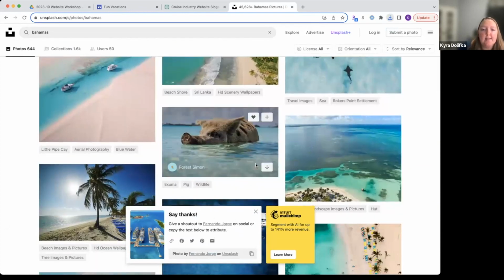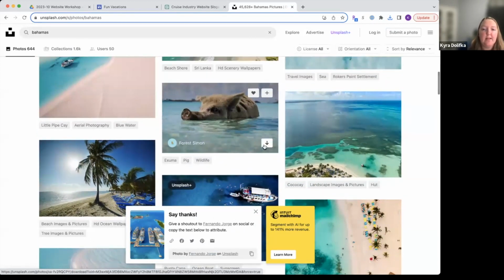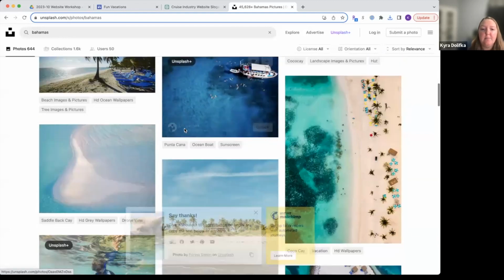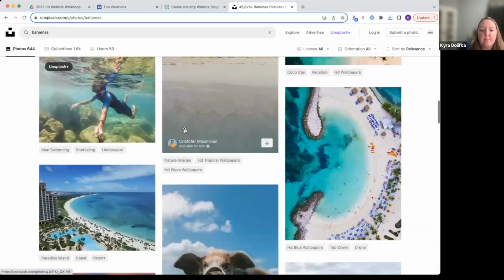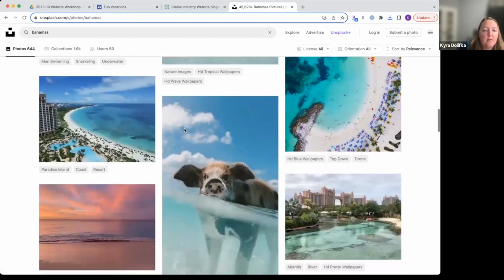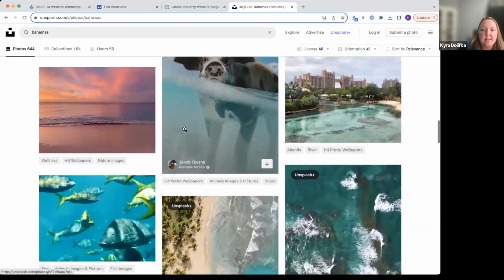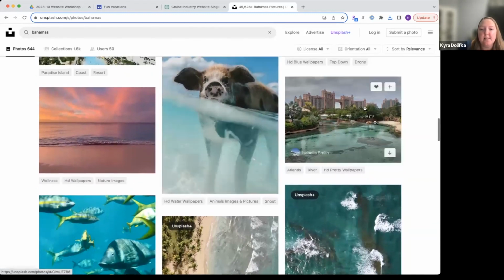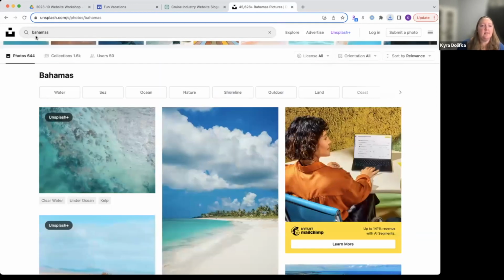Oh, the pigs. You guys know about the pigs in the Bahamas? That might actually be really good, but it's rectangular. Okay, there's another pig picture. Oh, I didn't even think about that. That's pretty smart. I hope that one works. Yeah, this is Atlantis. Okay, so now let's look up